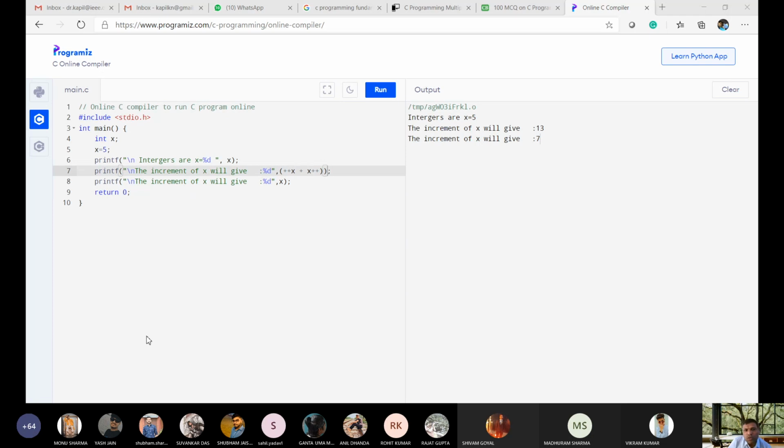And don't try to understand this concept very deeply, I am only showing you how this answer is coming. So this is ++x, suppose, and another statement is x++. Okay.